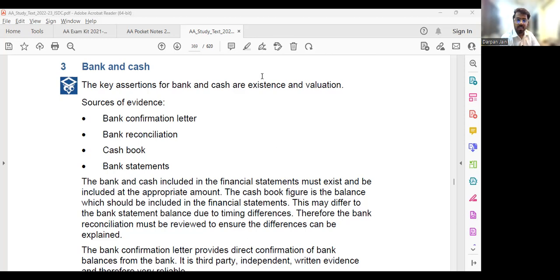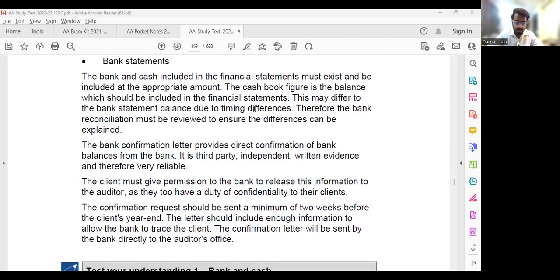So that means there will be a difference between your accounts and the banker's accounts. The balance with the banker does not include this amount, which has been received but not sent for collection as at the year end. Because of these reasons, there's a BRS that you prepare. This is the background of why you prepare a bank reconciliation statement. Okay.